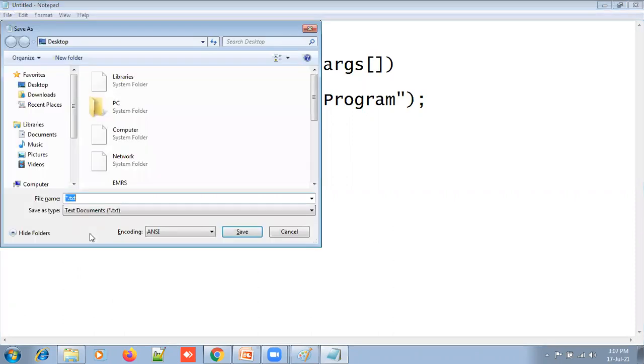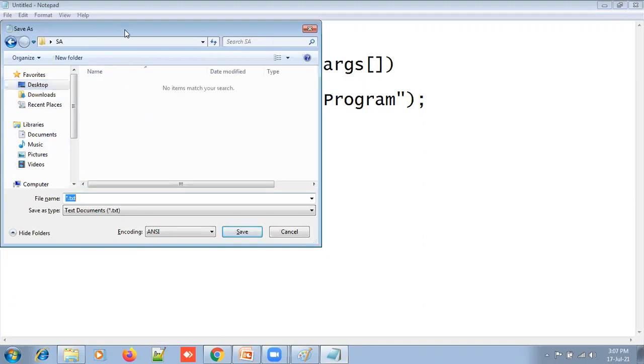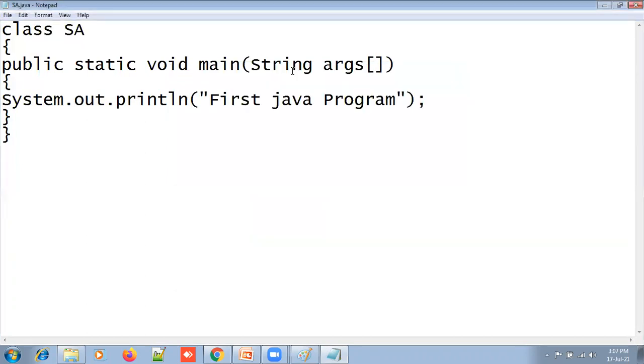Now I can save this program. Where can I save it? On my desktop. My directory SA is already there. I save it in the name of the class name, that is SA.java, with the extension java.